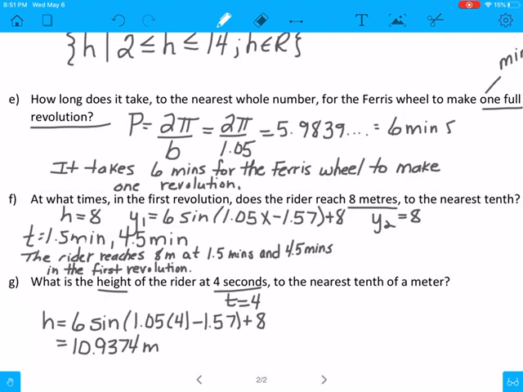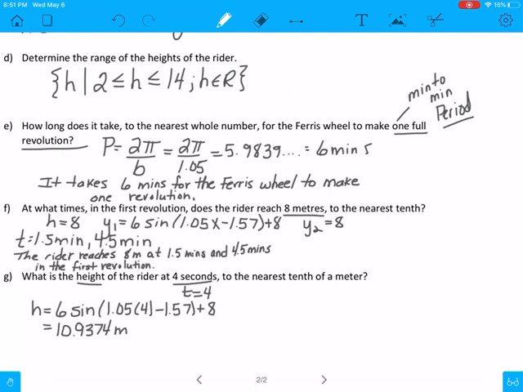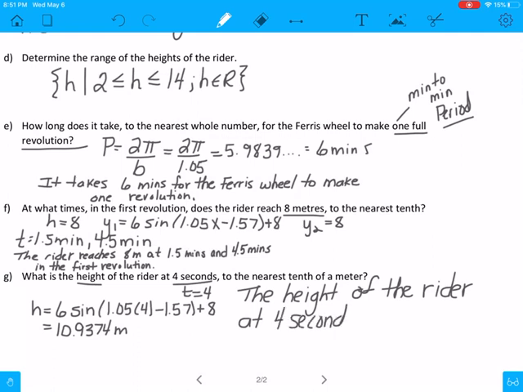meters. So what is the height of the rider at 4 seconds? The height of the rider at 4 seconds is, to the nearest tenth, 10.9 meters. So this back here should be 10.9